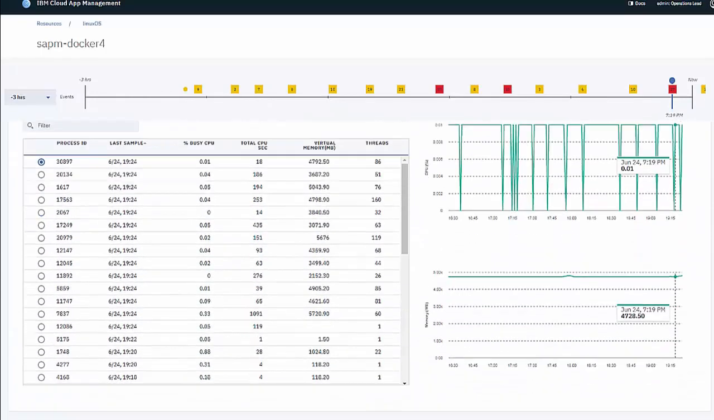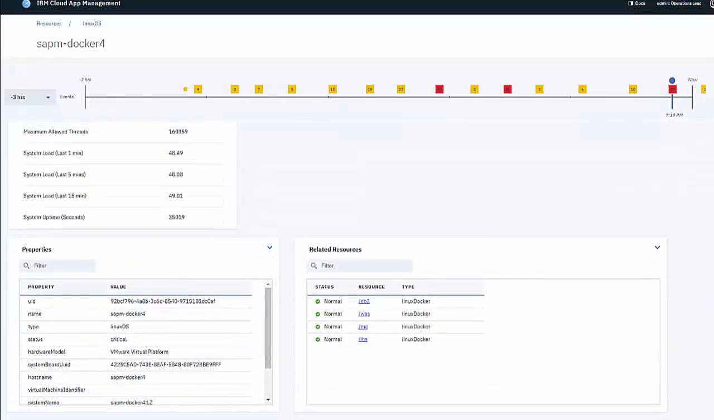If I scroll down, you'll see things like related resources. In this case, there are additional Docker containers running on this OS. If I happen to see that there were